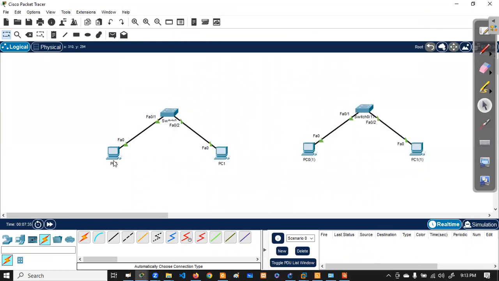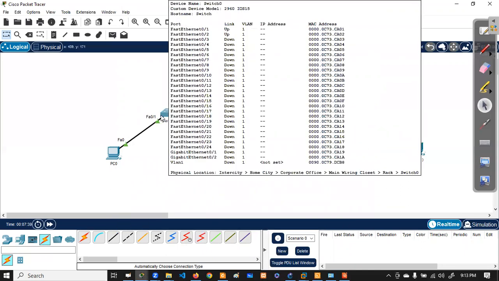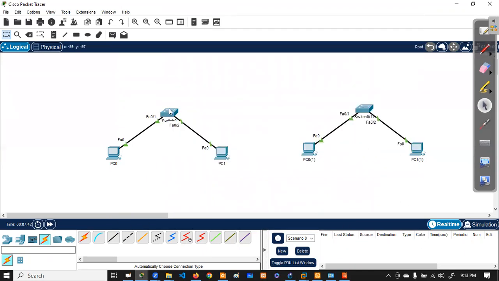So when the PC is sending the message to the switch, first of all, it will learn the MAC address of this PC and write the details of this PC and the port in its MAC address table. After that, it will look for the destination.